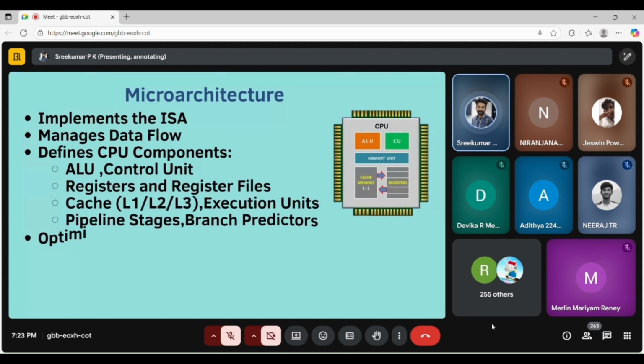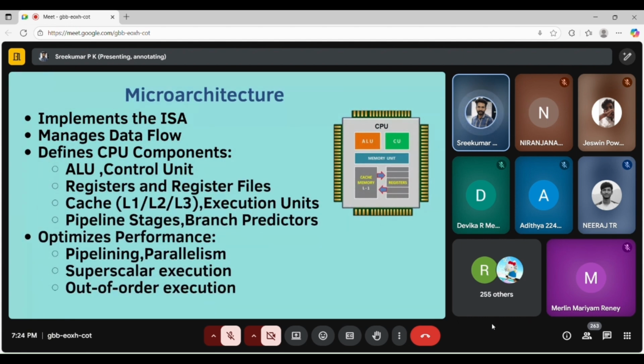What exactly is microarchitecture doing? Actually, microarchitecture is the one that implements the ISA. Implementing means taking charge of executing things, doing things. There should be an ISA, an instruction set architecture, but microarchitecture is the one that implements it.